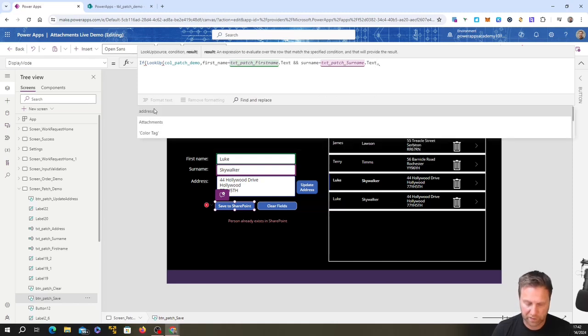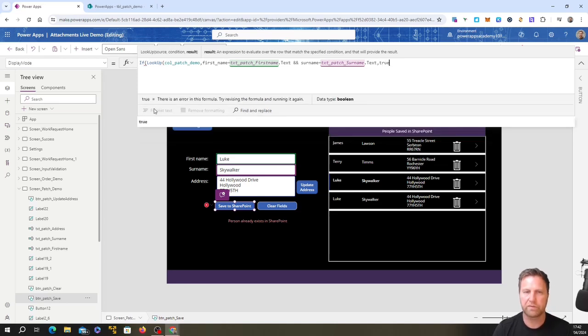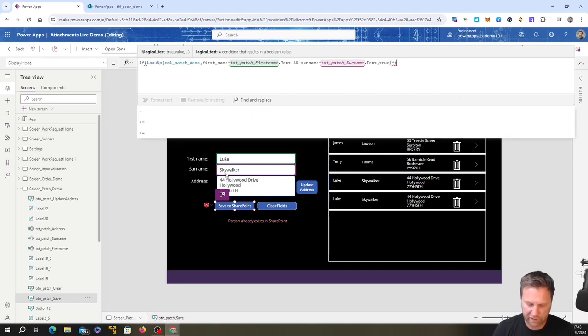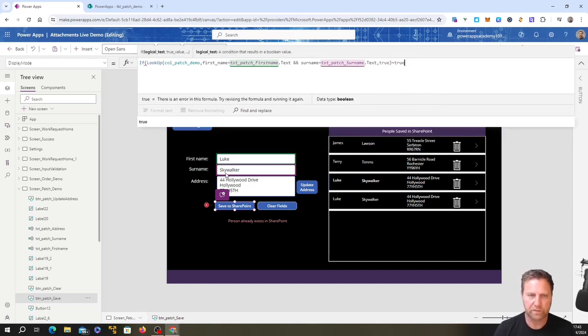So the result we want is, if those exist in the SharePoint list, then return a value of true. Okay, so it's returning true because those exist. If the first name and the surname, Luke Skywalker, didn't exist in the SharePoint list, then it wouldn't return true, right? So we're saying if the result of the lookup is true, if true is returned,